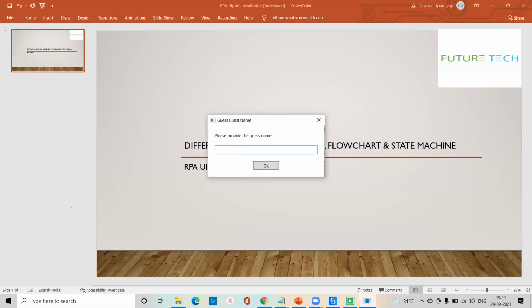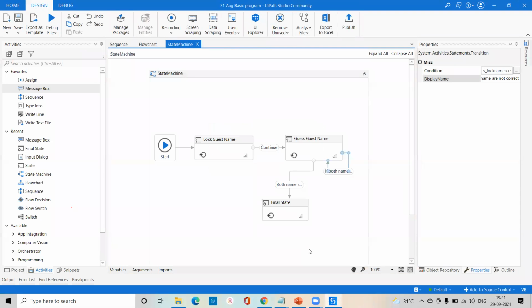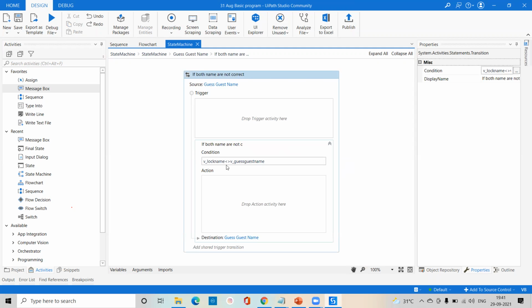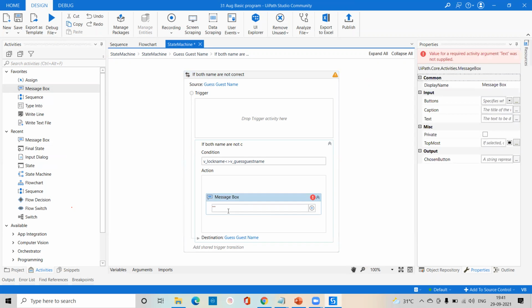Right now I'm going to close this program. Clients say, if you're not getting the same data, in that action you have to launch the browser, display the message box, or automate the PDF. Depending on your requirement, you have to go like that. You can see here we have provided this loop. This is called a self loop. If my condition is satisfied, meaning I'm not getting the same name, in that condition we can launch the browser, or take the message box, and I can pass double quotes, and here I can pass